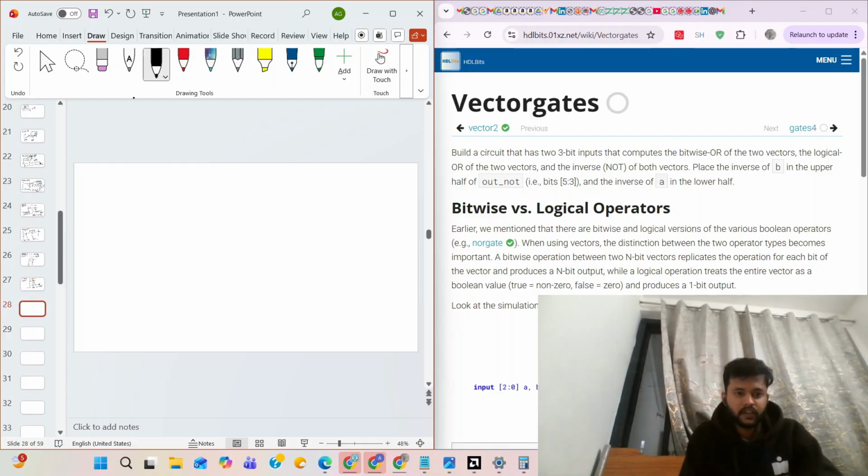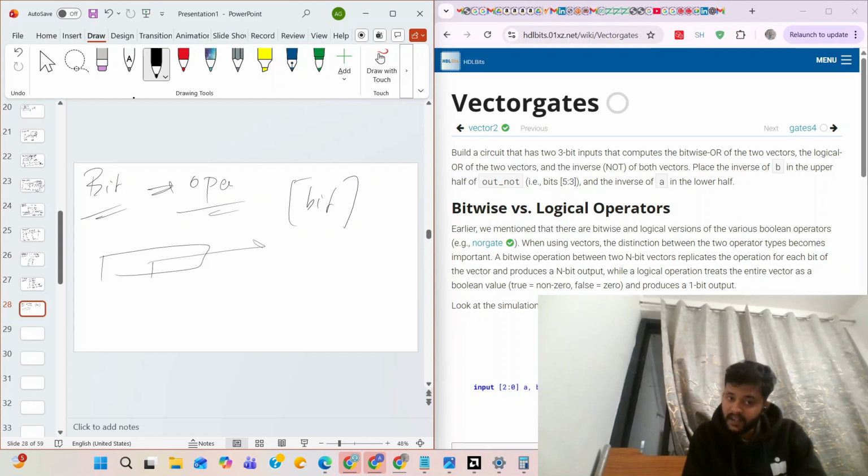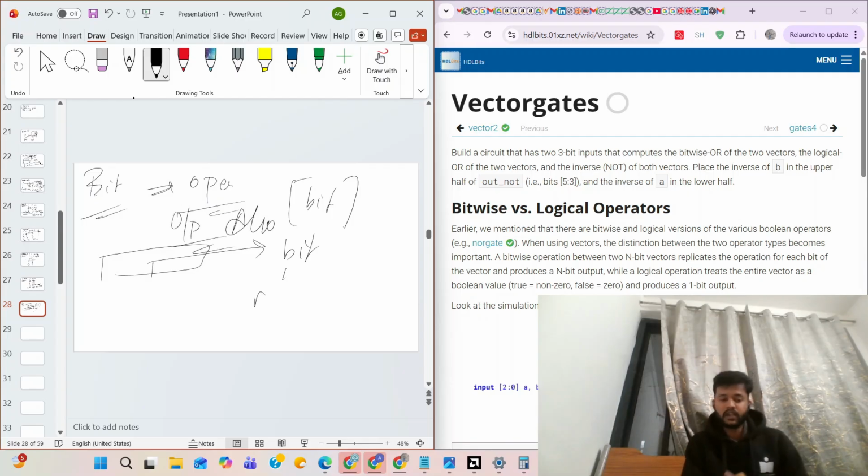Bitwise operators operate on bits and return the value as a bit only, not true and false. Output is also a bit, not true and false.